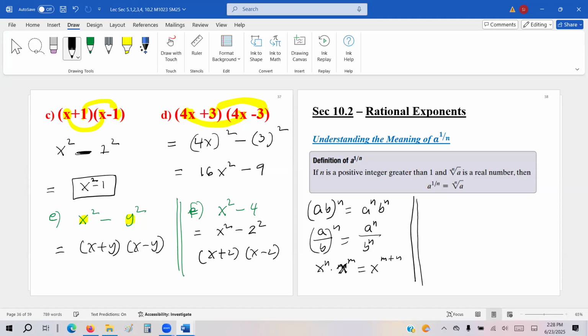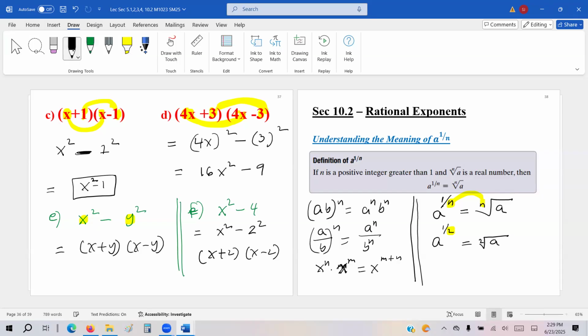It's the radical. If you have anything with a fraction power: if it's a whole number power, we don't care, the whole number power stays the same. But if it's a fraction power, it means you actually have some type of radical, the nth radical of a. So if you have a to the 1/2 power, whatever we have on the denominator always goes inside the radical symbol. So this becomes the square root of a.